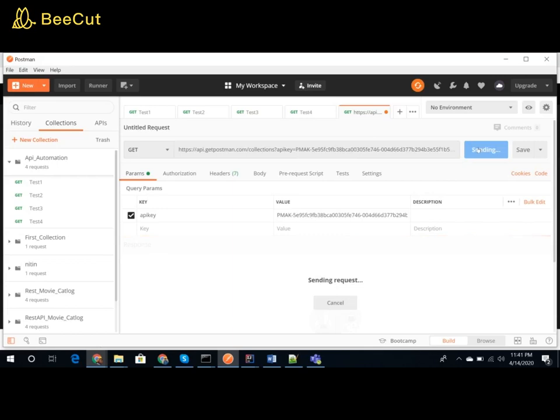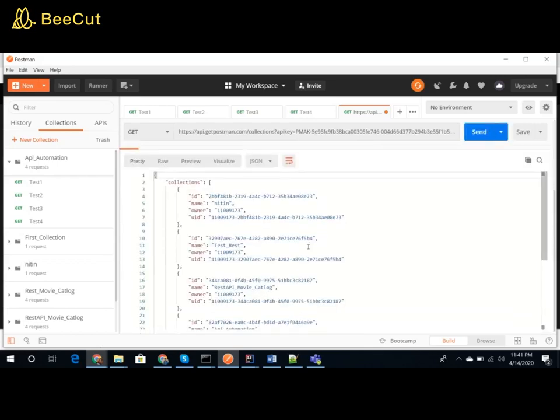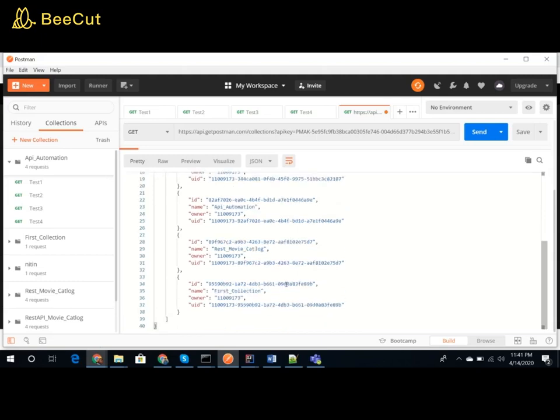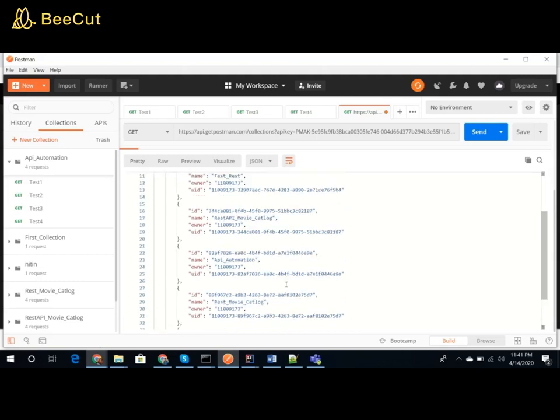We'll execute this. It will list down all the collections in a JSON array, and now we'll search for the collection which we created and in which we added our requests. This is my collection, API automation. This is my collection name, and this is the ID to fetch the collection